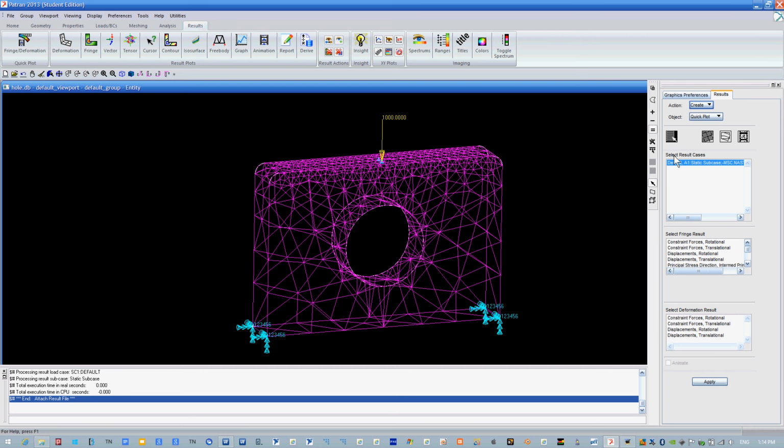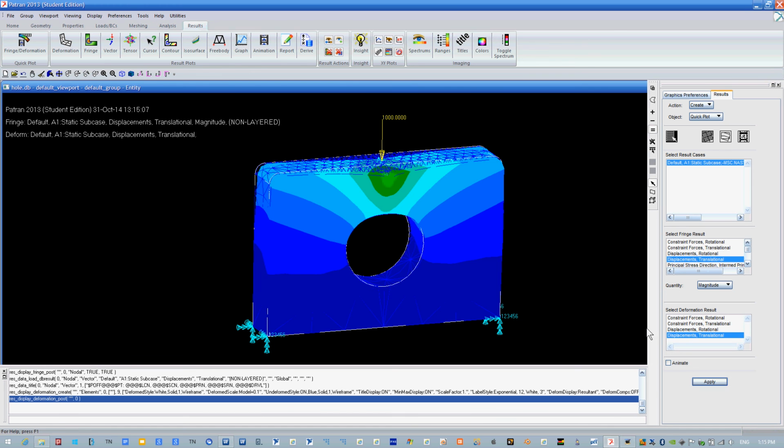And the select case results, you should only have one item here. This is the original analysis you ran. When you look at the select fringe result, that's going to show you all the colorful stuff you get when you run an analysis. That's what we want to look at. In this case, let's look at the translational displacements. For the deformation result that visually deforms the structure, let's use translational displacements as well. When we apply, we get this, which shows we have very little displacement